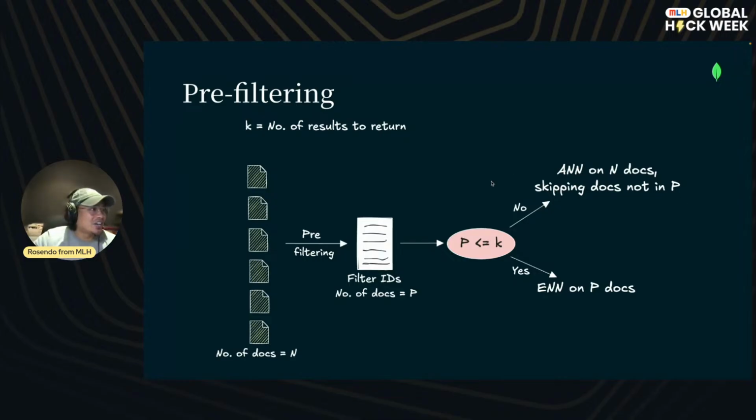So if we take a look at this diagram, where we have a large amount of documents, we're pre-filtering it. We have the filter IDs in a number of documents already. As long as the number of documents is less than or equal to the number of results you're searching for, then it's going to skip certain things. But if not, then it's going to do it anyway. So here it's skipping